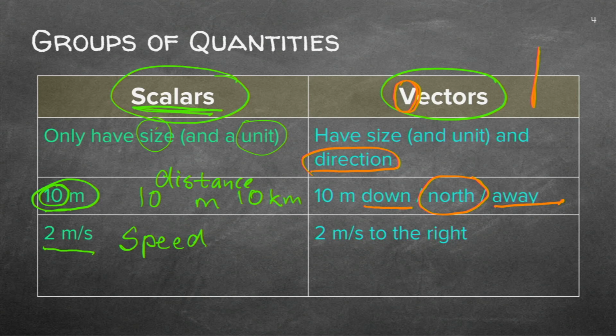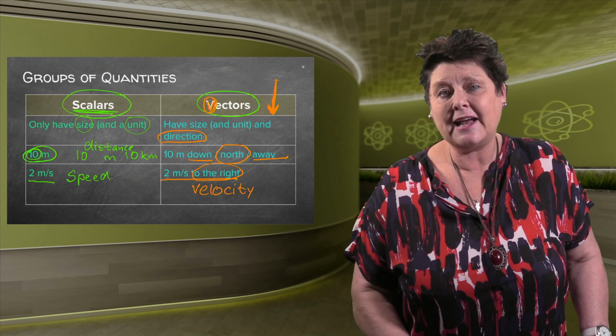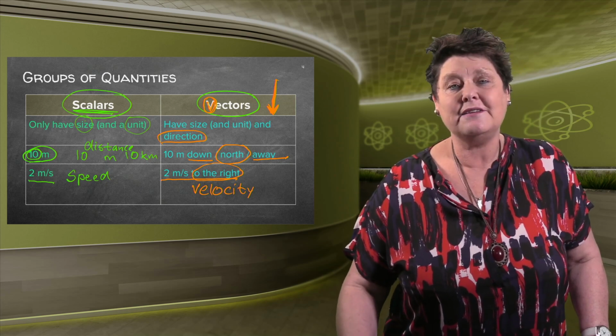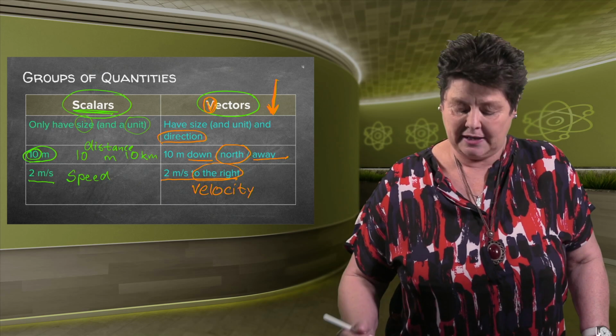And just to make it easier, because there's a certain direction, I like to relate that to an arrow. So you clearly see the direction. 2 meter to the right, 2 meter per second to the right. That will be in a certain direction. Now, speed was a scalar. Now we work with velocity. So the difference between speed and velocity is the fact that speed is a scalar and velocity is a vector, where I clearly have to indicate the direction.